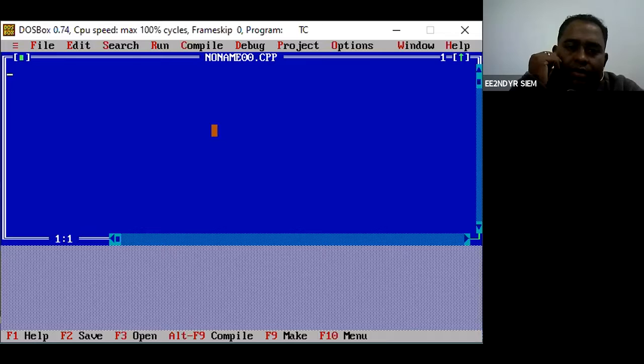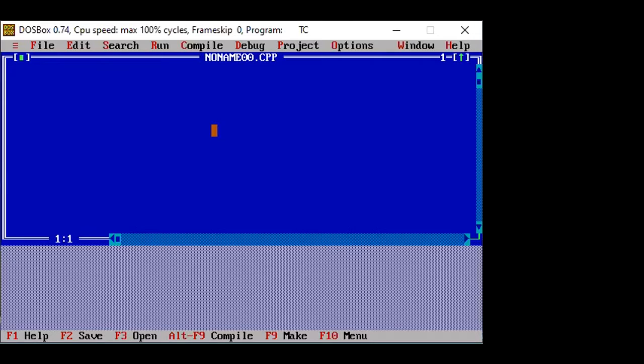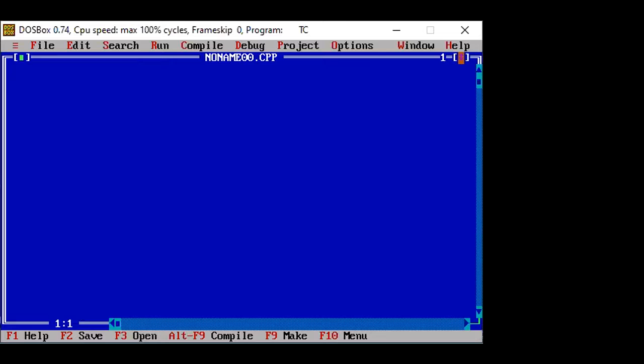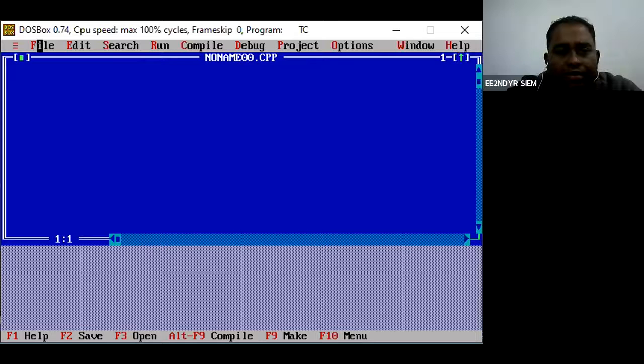Is it clear to everybody? Yes, sir. Now if you want to make it full screen, you just click on this up arrow, then also it will become full screen. Now I cannot increase the size of this window because options are not there. Is it okay for you, the size of the screen?